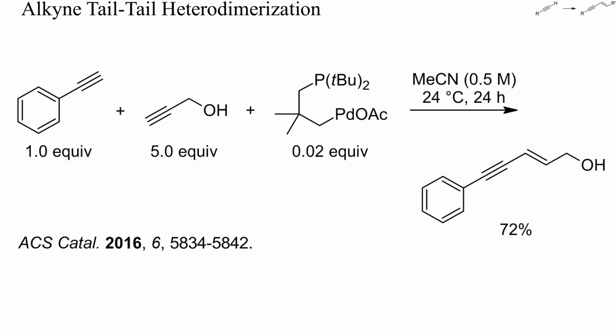Way more difficult than homodimerizations are heterodimerizations, that is, the coupling of two different alkynes. In principle, 4 products can be formed, and it is difficult to find high-yielding conditions and to predict the outcome correctly. In this example, a huge excess of propargyl alcohol was coupled with phenylacetylene. With the aid of 2% of a palladium catalyst, most of the phenylacetylene was coupled with the alcohol, while the oligomers resulting from propargyl alcohol were probably soluble in water or polar enough to be separable from the target product.